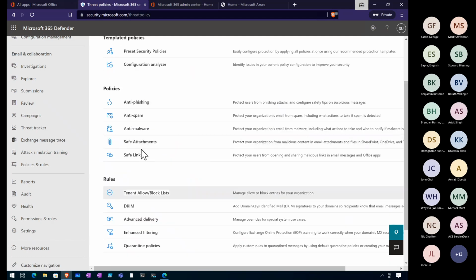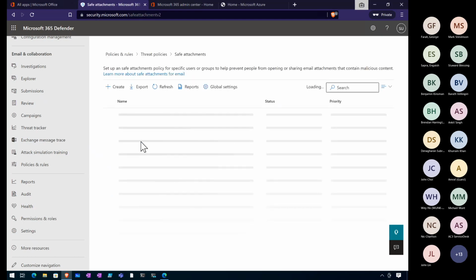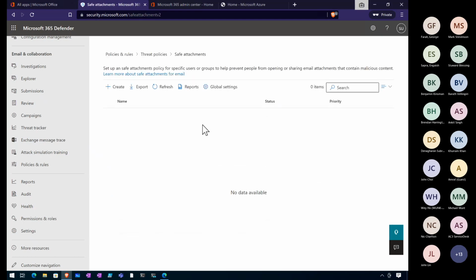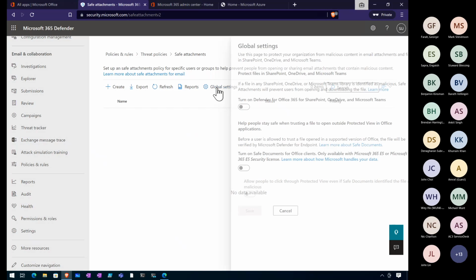Now, if we look at the Defender for Microsoft Office 365, the safe attachments. Now, remember, there are two options here that you need to set. Firstly, you'll see when we're in a new tenant, there's no policy here. So just by adding the license doesn't enable protection. You have to go in and actually create a policy, and you should go also in here and enable the